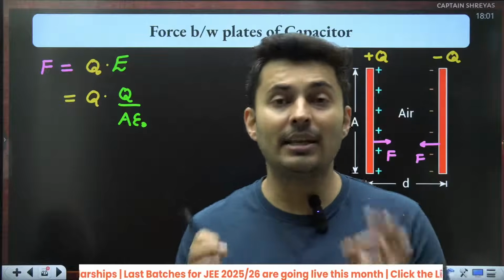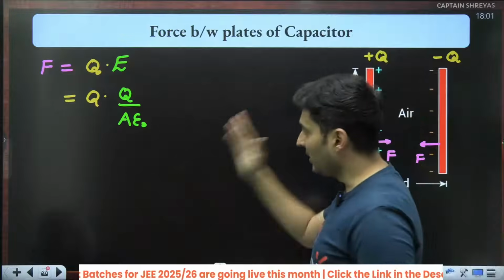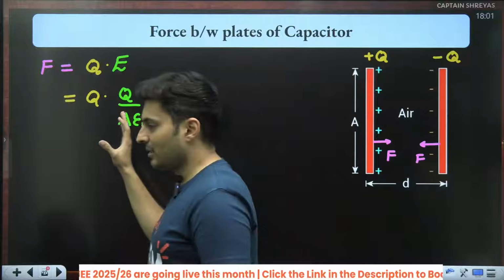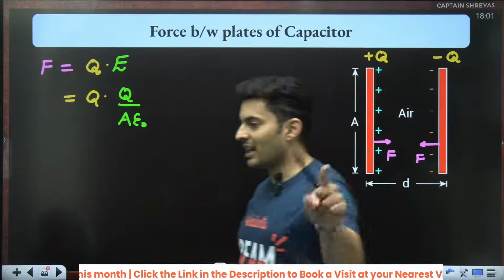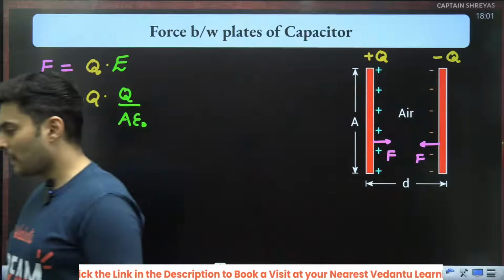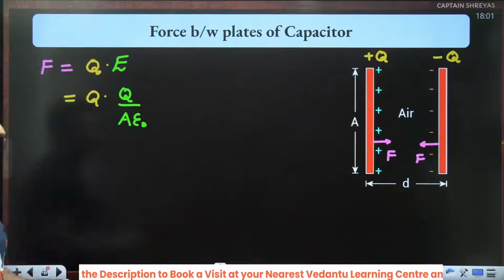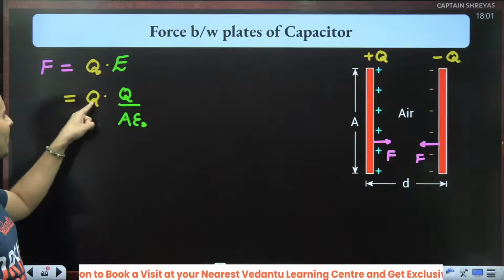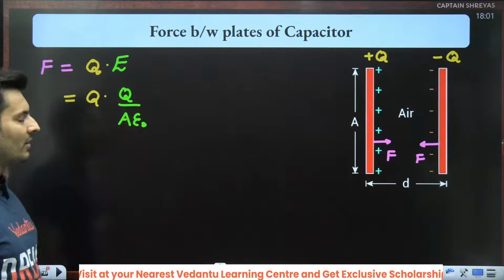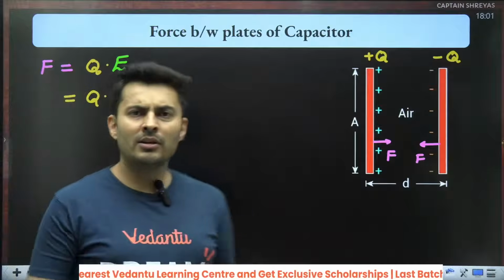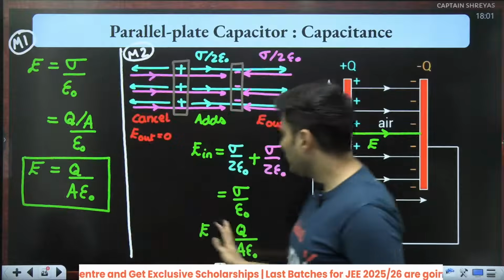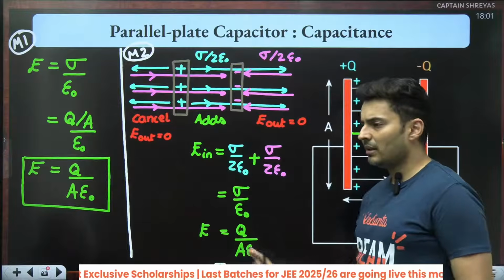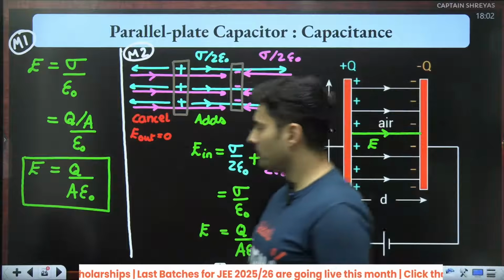But like I said, I'm deliberately doing it wrong. This is not correct. This has some mistake. What is that mistake? Can you identify? This is wrong. Why is this wrong? It is not because Q is wrong. It's because E is wrong. Why, sir? E is wrong, sir. You just gave the formula, sir. Over here only, you told the electric field between the plates of a capacitor is Q by A epsilon naught.